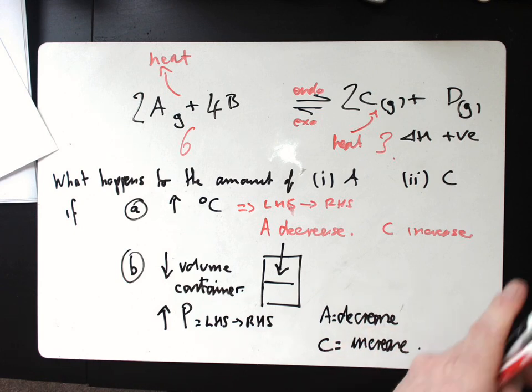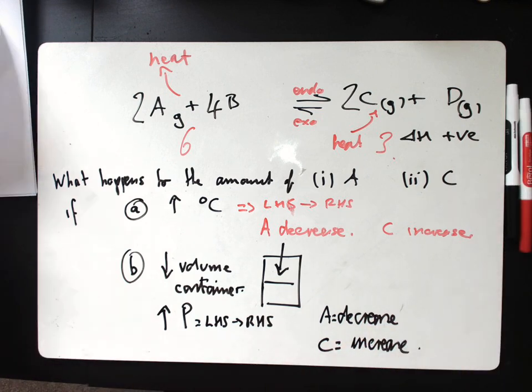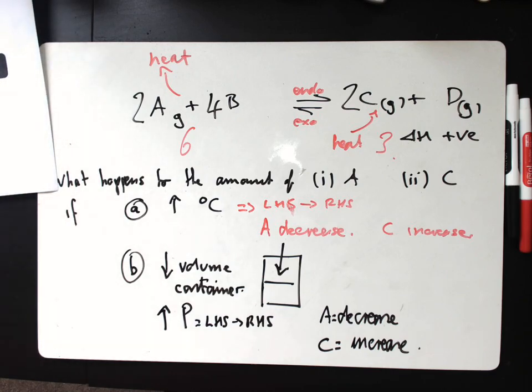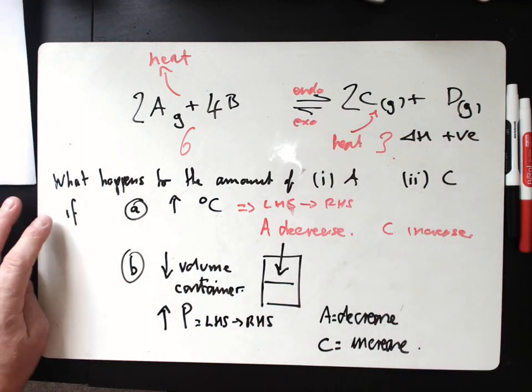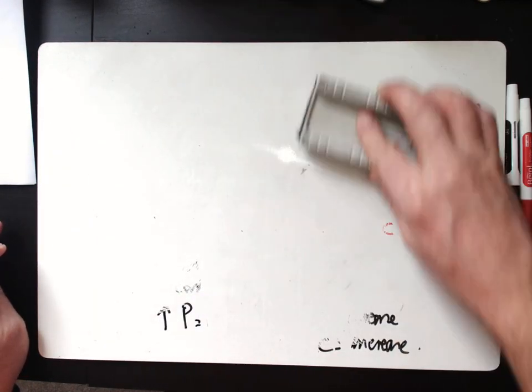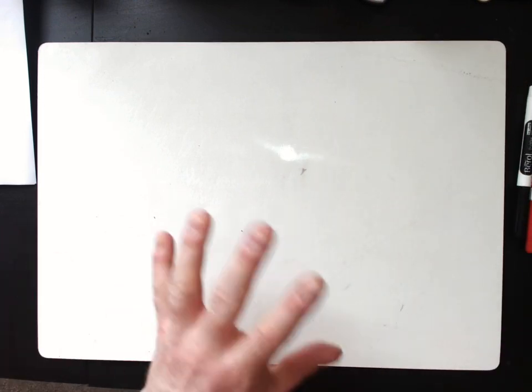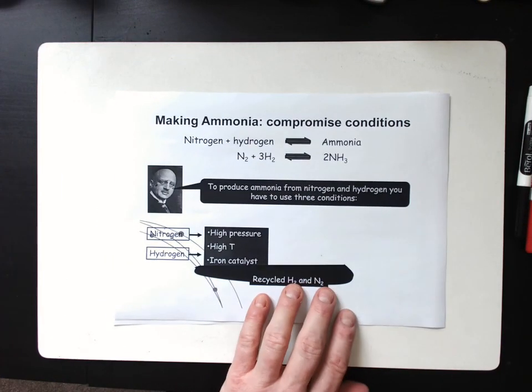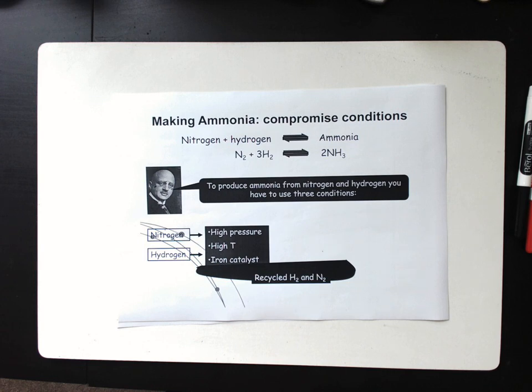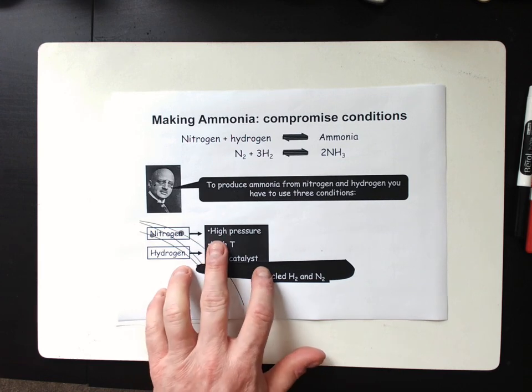So just to touch base on that little style of question that would pop up now and again and can on occasion throw people. Right, we're going to look at equilibrium with regards to industry. I've touched on this already. The one that's on your spec is the Haber process, which is the industrial manufacture of ammonia, and the conditions are,